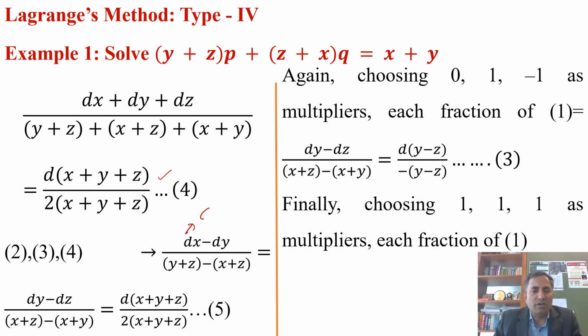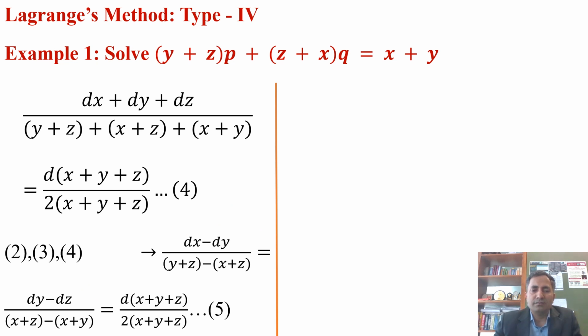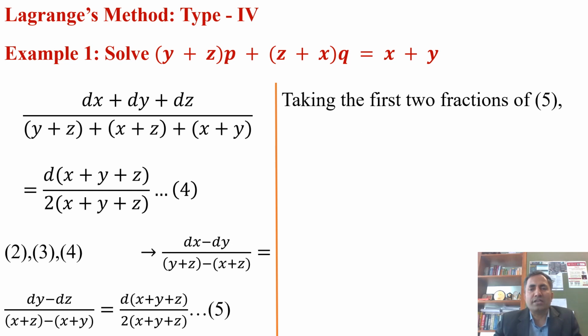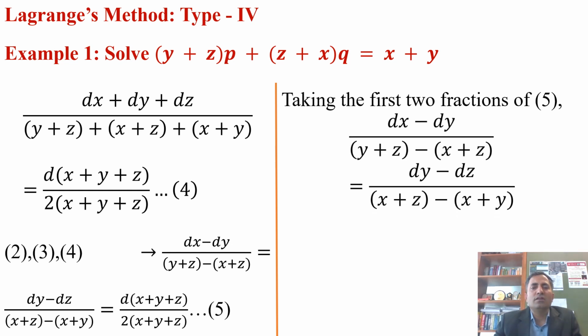So this term will be d of x minus y upon minus of x minus y. This can be written as d of y minus z upon minus of y minus z. So by taking any two fractions we can have the solutions u and v. Suppose we take the first two fractions, what we get here,